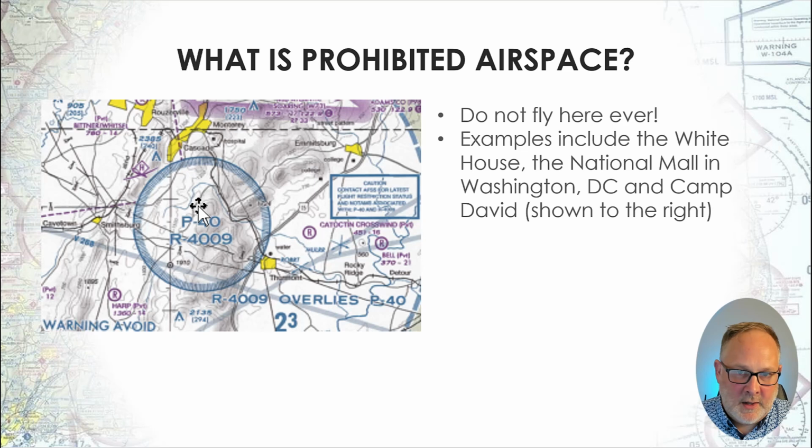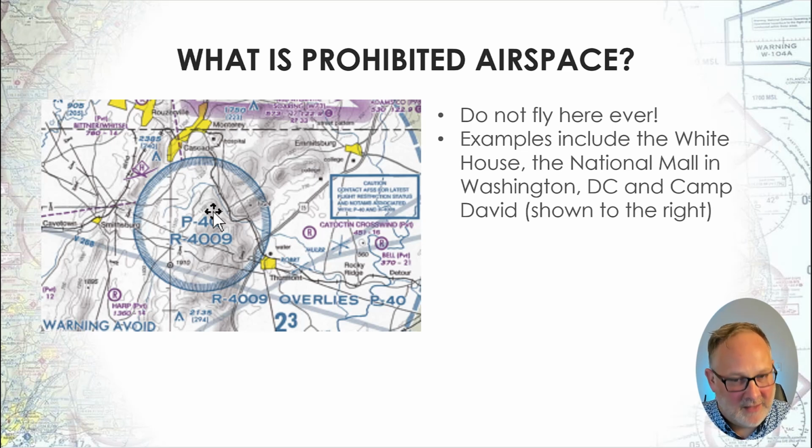Okay, so what you need to remember about prohibited airspace, it's very simple. Don't ever fly there ever. You will get in trouble. You'll get arrested. They'll take your drone. You'll end up in court. So we're talking about like the White House or the National Mall or Camp David or